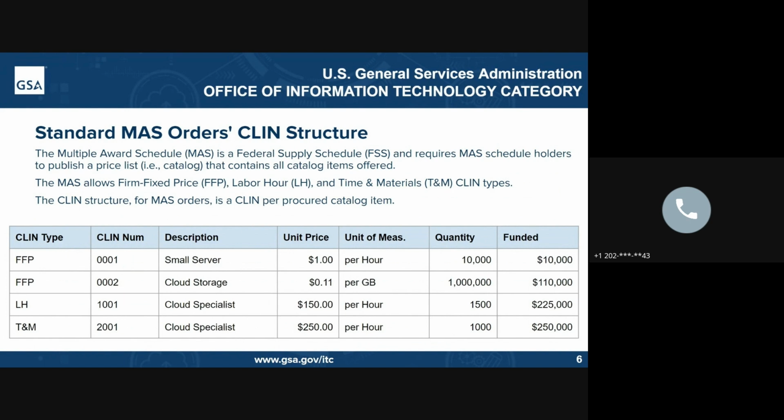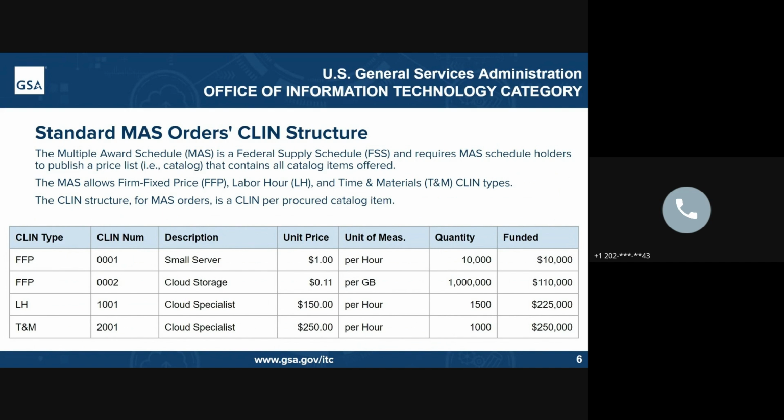Under the Multiple Award Schedule, every vendor has a catalog, and that catalog is a line item. When we look at procuring, there are three types of contracts or CLINs, contract line items, that we can do underneath MAS: firm fixed price, labor hour, and time and materials. For each catalog item that you'd be looking to procure, there would be a unique and specific CLIN